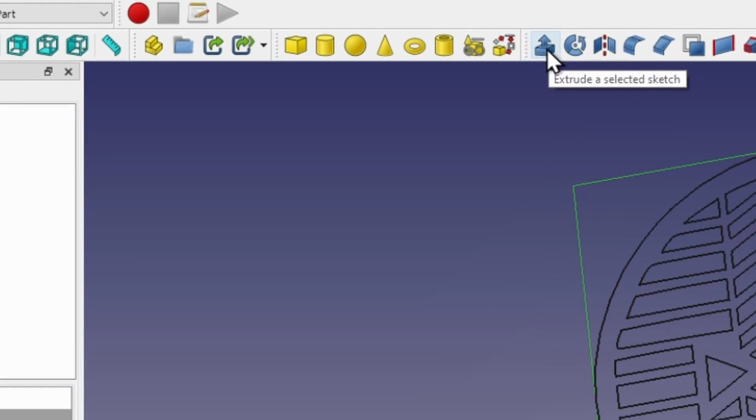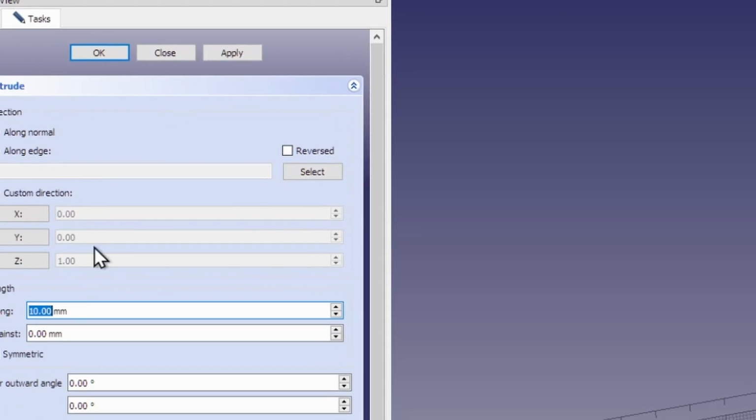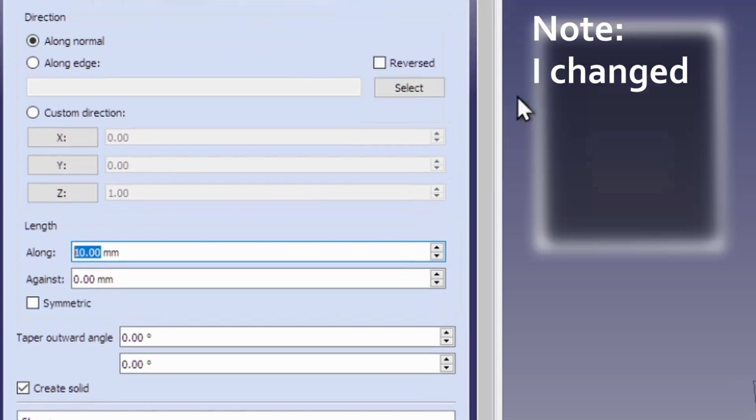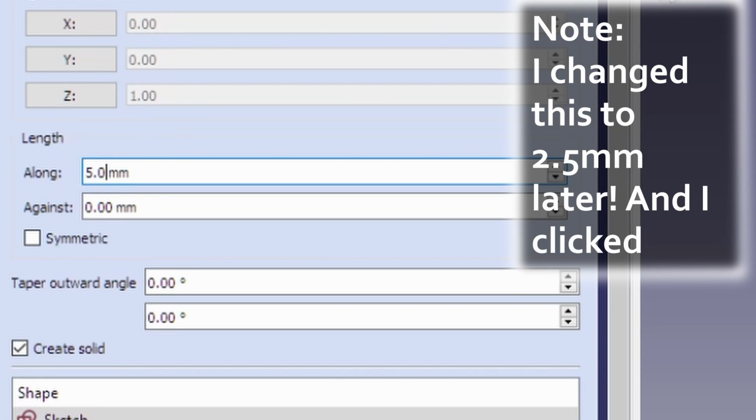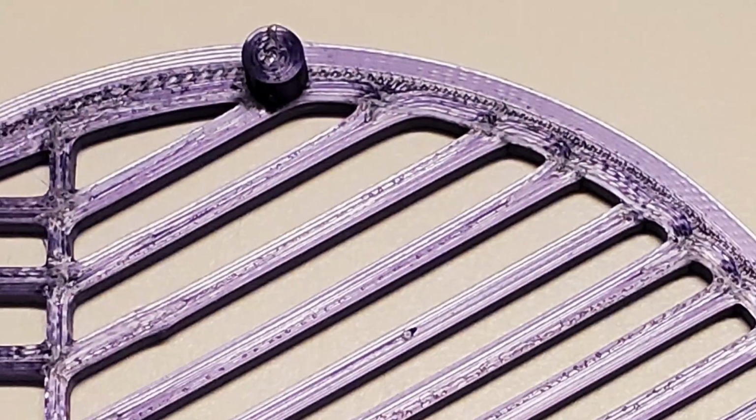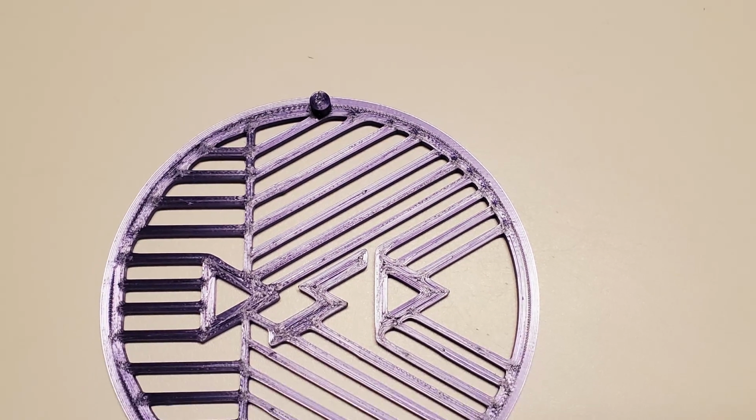It will ask us how much we want to extrude. Bahtinov masks don't have to be too thick. I'm going to go with 2.5 millimeters, but you could go with 2 millimeters if you want. I also want to create a couple of nubs that will help me grab the mask out of the dew